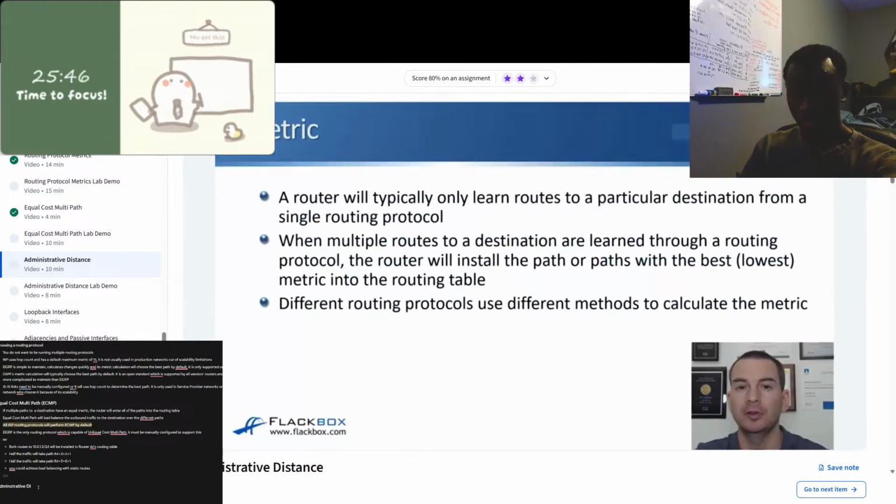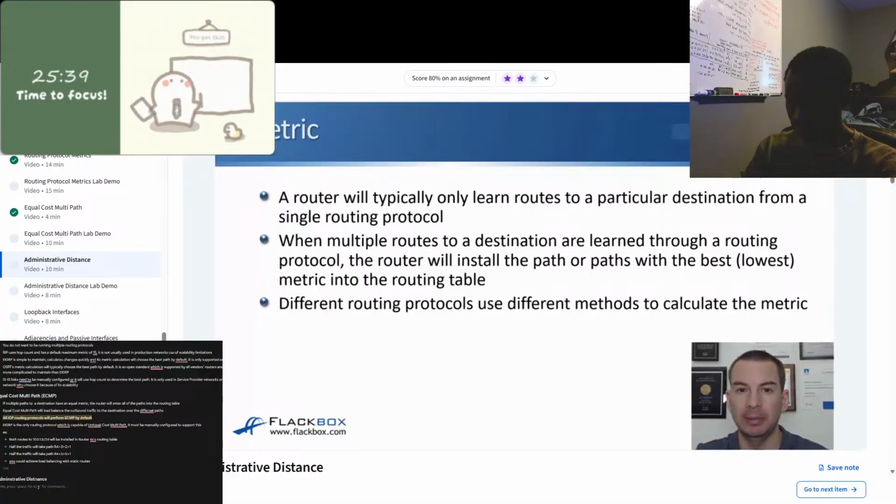In this lecture, you'll learn about administrative distance. AD is used along with the metric to decide which of the available paths is going to make it into the routing table. A router will typically only learn routes to a particular destination from a single